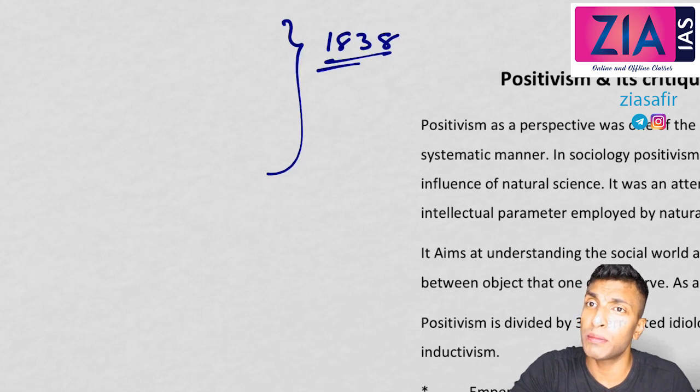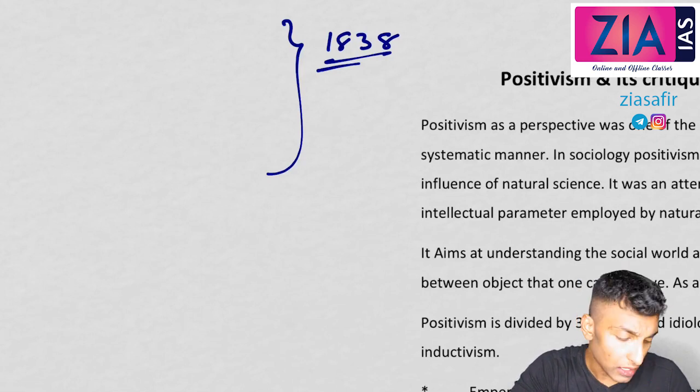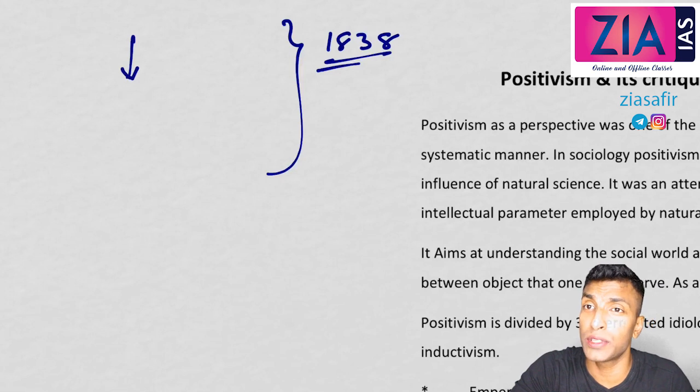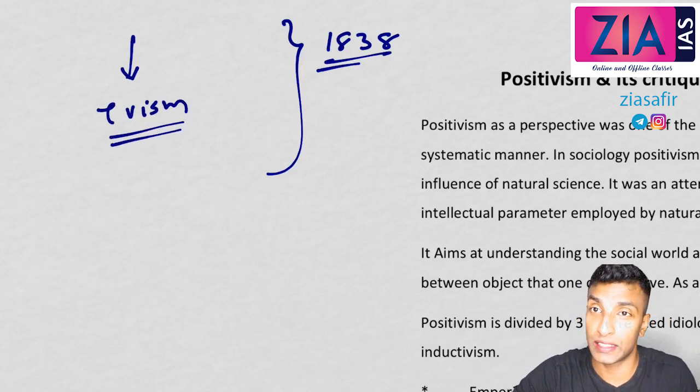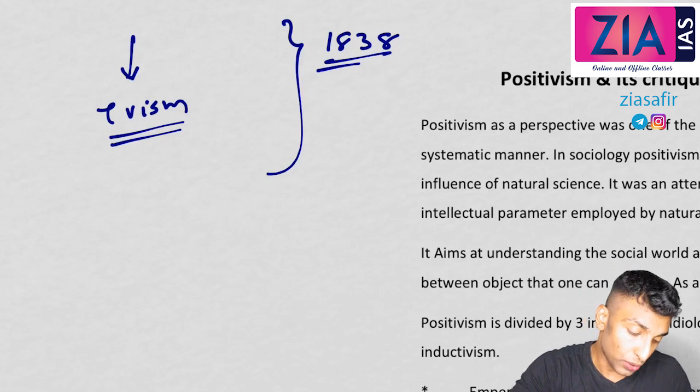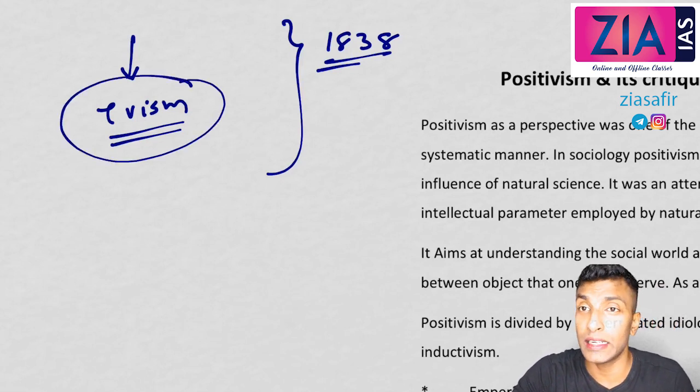positivism. Positivism is connected to science. So now sociologists are actually using positivism in sociology because of their emphasis on science. Okay, so science is understood more in terms of using positivist methods. Okay, so that is why positivism was the initial perspective used in sociology. Why is positivism used as the initial perspective? Because of this obsession towards science.